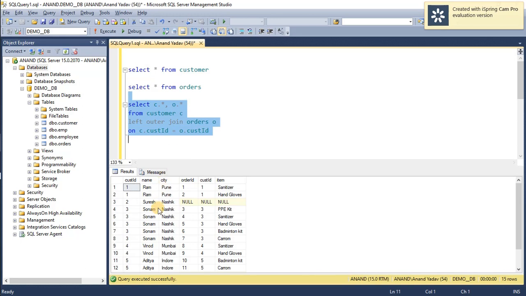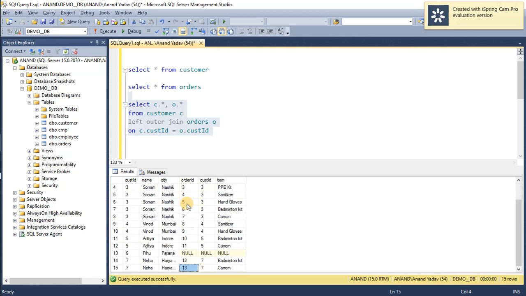Yeah, so you can see that 15 rows are returned, and for record number 2, there is no entry found in the right table: customer id equal to 2, which is Suresh, did not order anything, so that's why he doesn't have any entry in the orders table. So we can see on the right side of this entry all values are null.